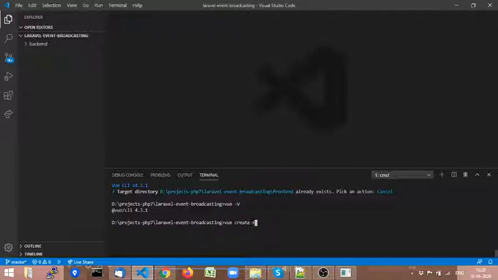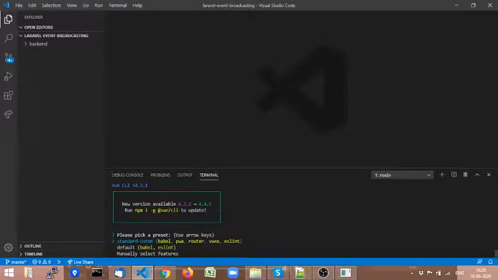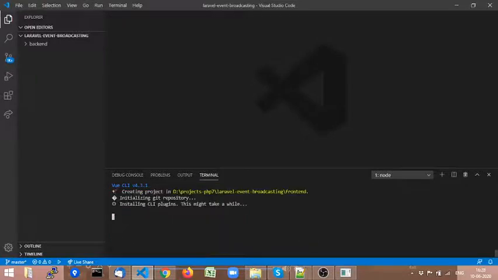Now let's create the front-end Vue.js part by simply running the command vue create front-end. That will create a front-end folder in the same directory and add a Vue.js installation. It asks me for the preset. I have already saved my standard custom preset, where I am using Babel, PWA, Router, Vuex and ESLint. I'm going with that only, and that will start the Git repository download.